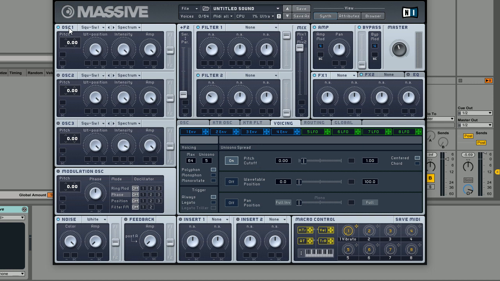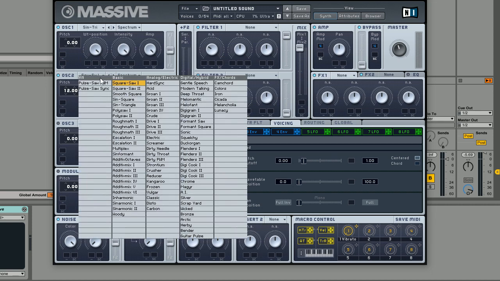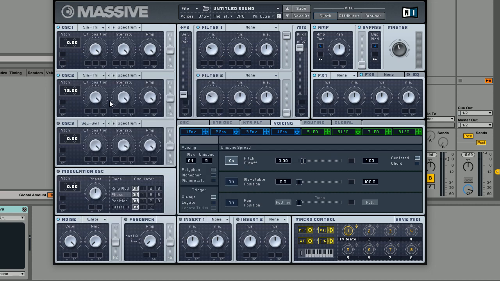Next, we're going to go into oscillator 1 and 2. We're going to pitch oscillator 2 up a whole octave above oscillator 1. And the wavetable we're going to use for the sound is the sine triangle wavetable. But we're actually going to move the wavetable position all the way to the left. Now, typically, obviously, sine waves are the purest tone, and on their own they can be quite dull and boring. But we're going to do a few things to make the sound a little bit more interesting,